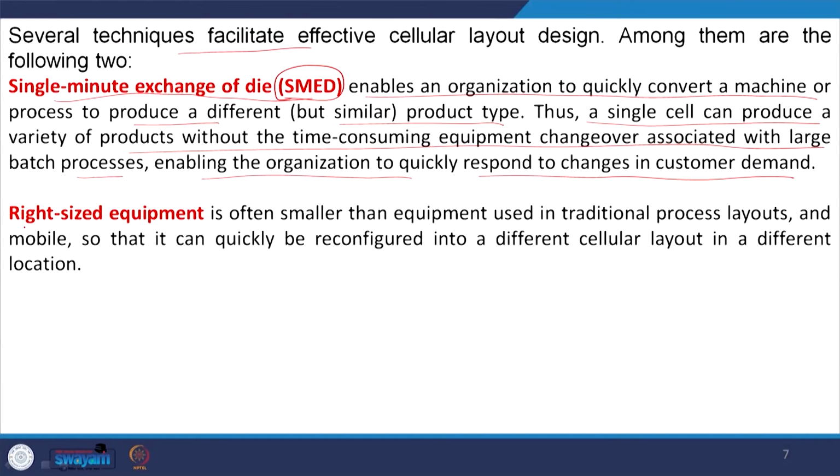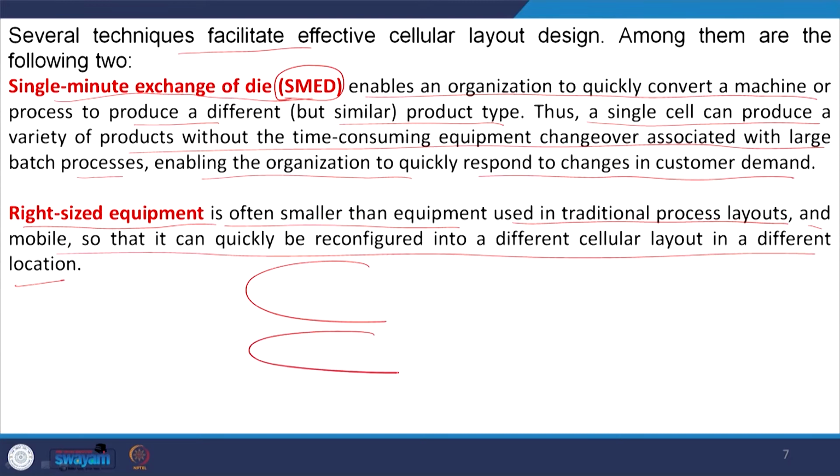Then another important term is RSE, that is right sized equipment, that is often smaller than equipment used in traditional process layout, and mobile, so that it can quickly be reconfigured into a different cellular layout in a different location.